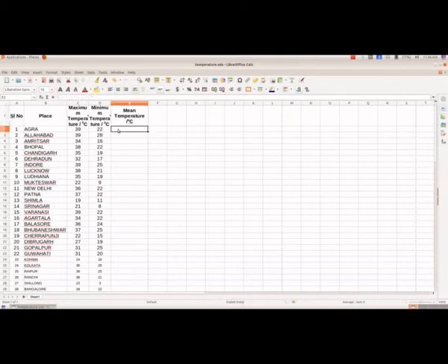And now we want to get the mean temperature, and mean means average, and we have different ways for finding the average. The first one that we have already studied in the 8th standard is using the sum function.